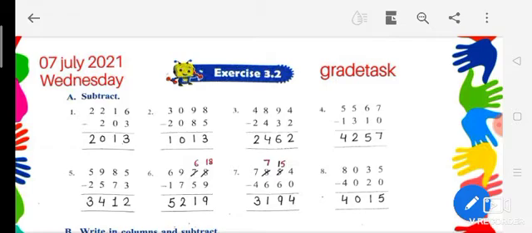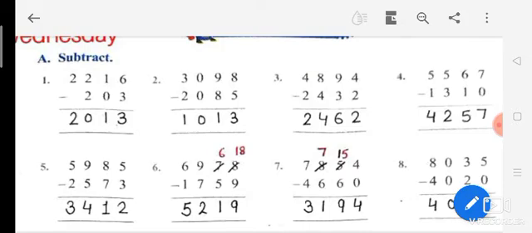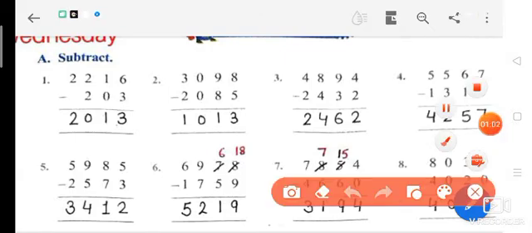So let us start. What we will do in this exercise, we will do subtractions of bigger numbers. Bigger numbers, like here 4-digit numbers are given to you. So ones, tens, hundreds and thousands. Okay, so let us start. A part you have to do in book, B part same way we will do in notebook. So students, first question is